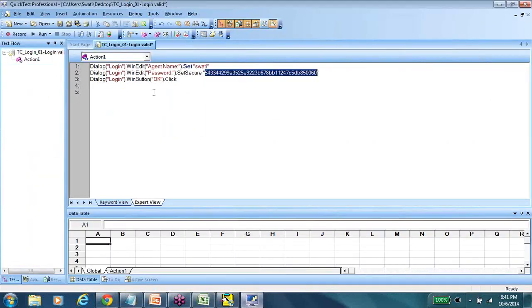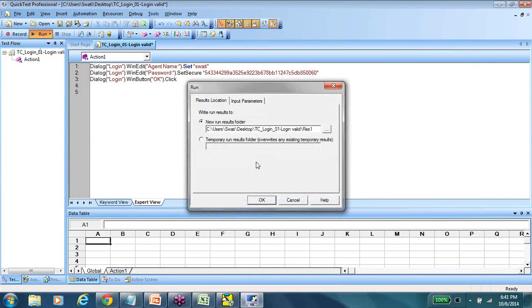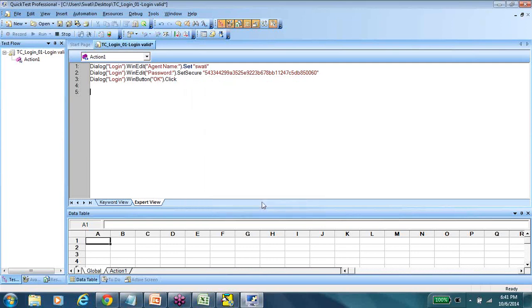Right now the test case creation process is done, and I'll show you how to execute this test case. To execute the test case, all you have to do is simply run. This run option is also called playback. Please note what's happening. When I hit run, it is asking me where it can store the test results. Just choose any location, it's up to you. No restrictions on that. And then when you click OK,